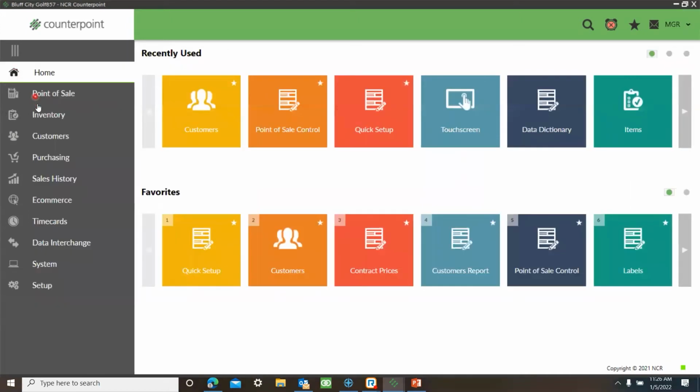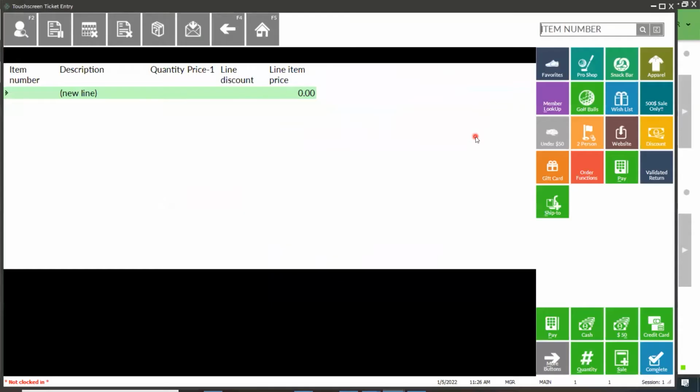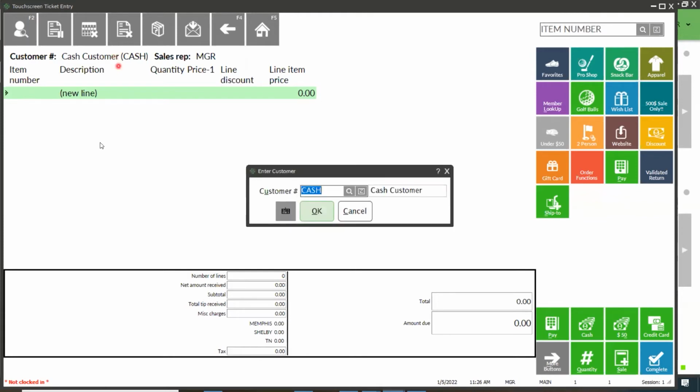So I'm just going to go back to point of sale here. I think I already have it open. Touchscreen. There we go. So I'm going to do a customer lookup. And I don't know if you know this or not. You might have a button for customer lookup, or you might have something on your toolbar at the top for customer lookup. But did you know if you came right down to the customer number line here and just clicked straight on this line, you can actually do your lookup from here. So I'm going to go into the lookup